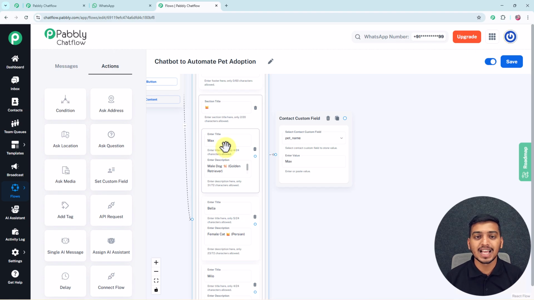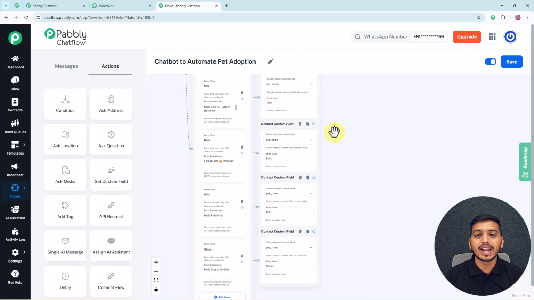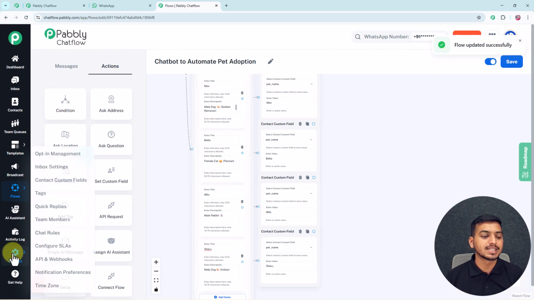So just like this, I will quickly add these contact custom fields to each of my remaining pets. So here I have successfully added these contact custom fields to each of my pets. Now I will show you how you can also create contact custom field for yourself. But before leaving this window, I will advise you to click on this save button to save your flow, otherwise it will get lost. And as our flow is updated successfully, so now from the settings here I will select